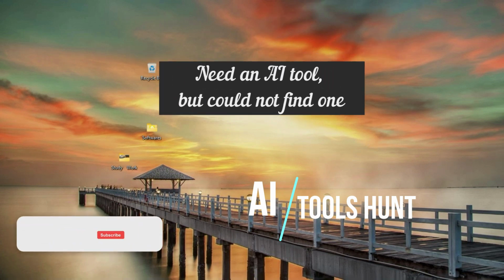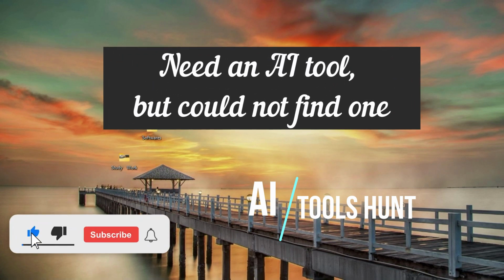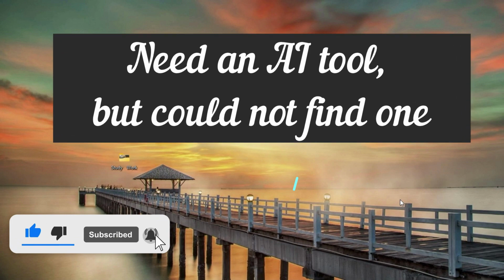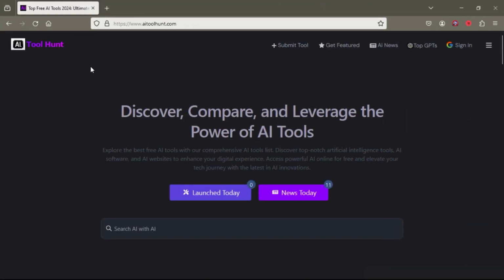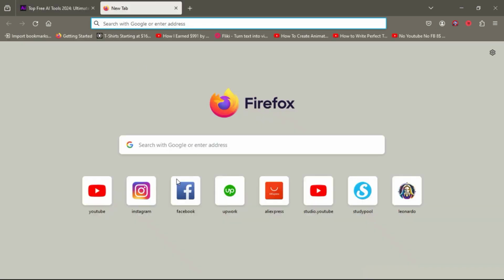You often need an artificial intelligence tool, but could not find one. Here's a quick solution to your problem. AI tools are very useful. Open a browser